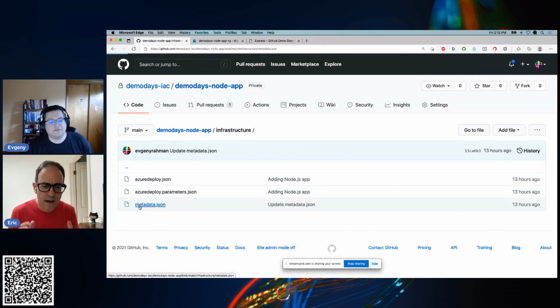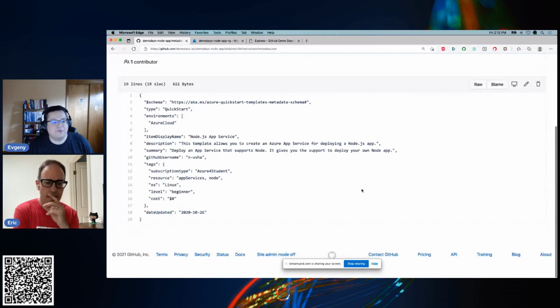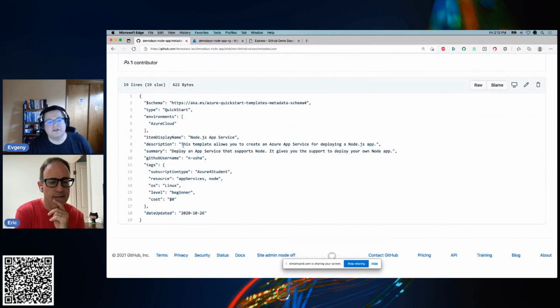And then there's also metadata, and that's exactly what it sounds like. It's essentially something that explains what this ARM template setup represents, and it has some information about the type of subscription we're using. So we're going with essentially the beginner Azure for Student type subscription, which anybody here should be able to use. It's the beginner level.